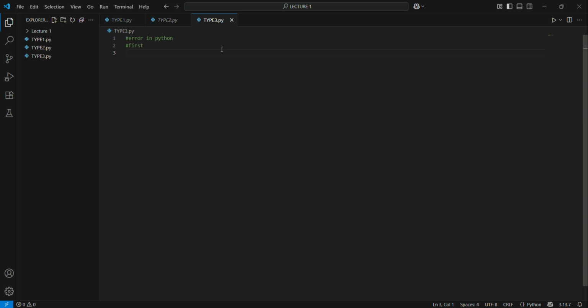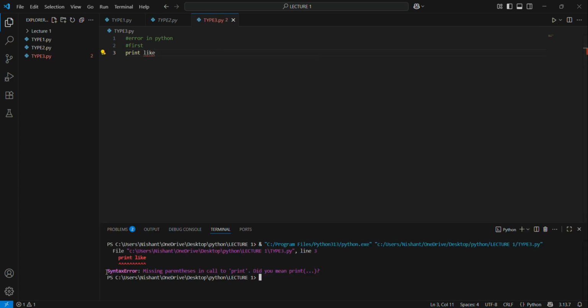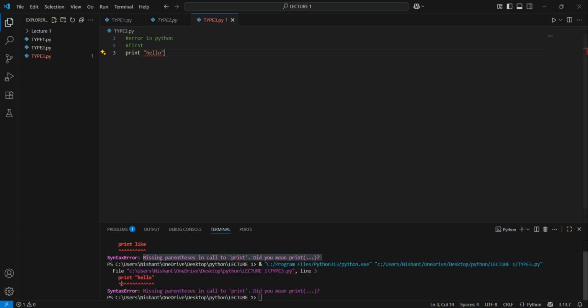Another error is missing parentheses. Let's understand the problem. I have written here print like this, missing quotes and parentheses. This will generate an error. Another is print "hello", where I have missed the parentheses. Similarly, this also provides an error.